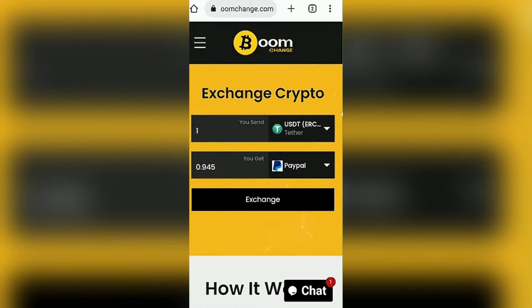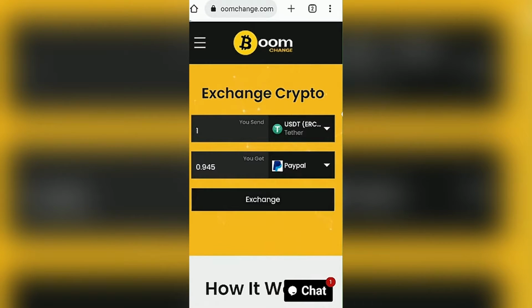So we're going to jump into the browser of choice, and as you can see over here, we're in boomchange.com, and what you can do is, first of all, you want to enter how much you want to send, and you want to also enter the cryptocurrency that you'd like to send. And at the bottom over here where it says it'll transfer that into your dollar amount, and you can just choose where you would like to receive it. Over here, of course, I have chosen PayPal, and you can just go ahead now and tap on exchange, which